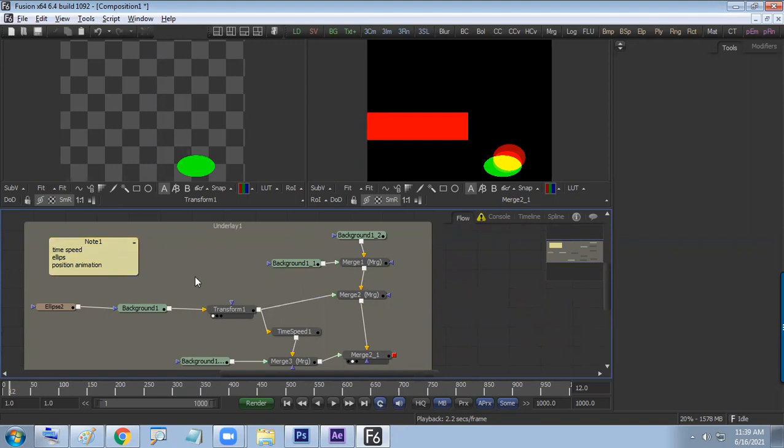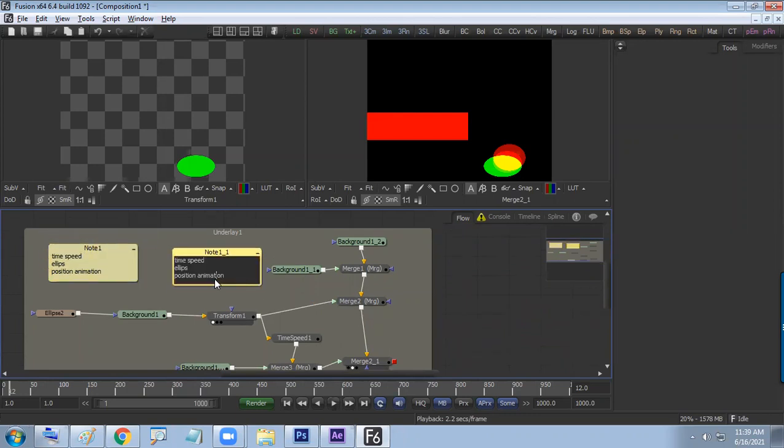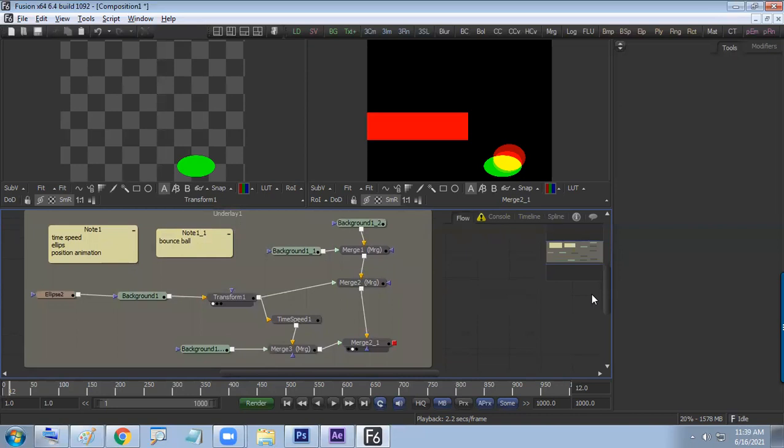Next, what is the work we have learned? How to make a bounce ball. Bounce ball. Hope this much of output I can do. In this, any question you can ask me now. Then we'll go for rotational animation.